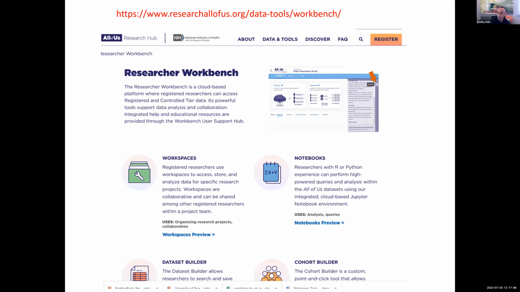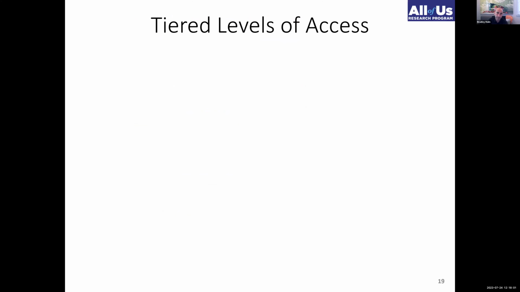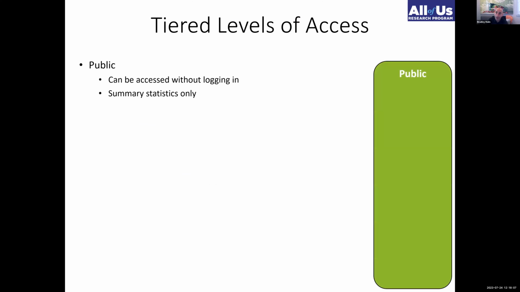We've also built a workbench, basically Jupyter notebooks that people can spin up, and I'll walk through this in a second, to interact with the data. But this is a little different from the public front-facing side. We built a tiered approach. The public data is summary statistics only. It's also univariate statistics. We don't allow bivariate or any type of joint analysis over a combination of demographics of people. That's what happens in these sandbox environments with the workbench.